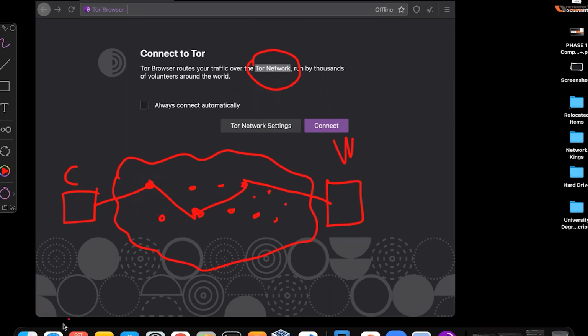When we use our browsers like Safari, Chrome, Firefox, we access the World Wide Web. With Tor, we are able to access something which is known as the dark web.